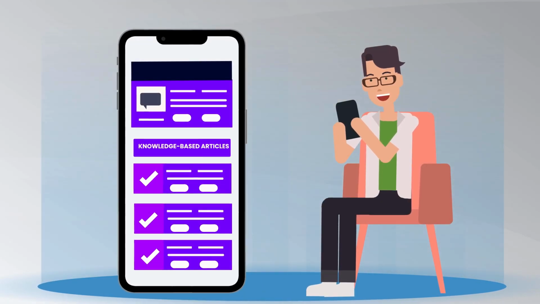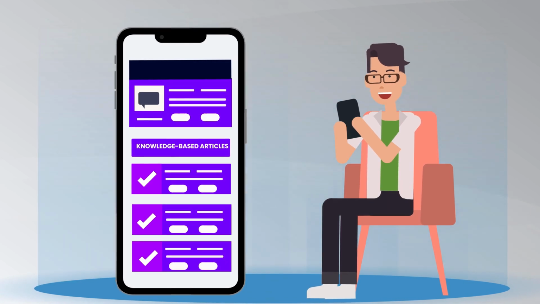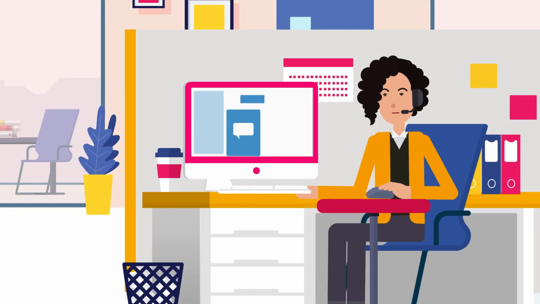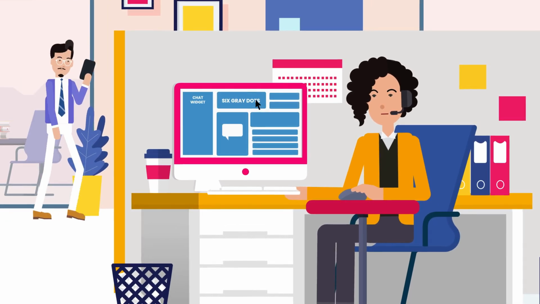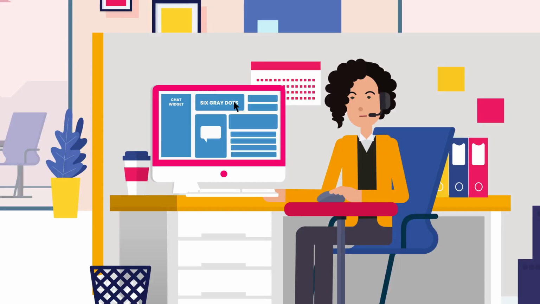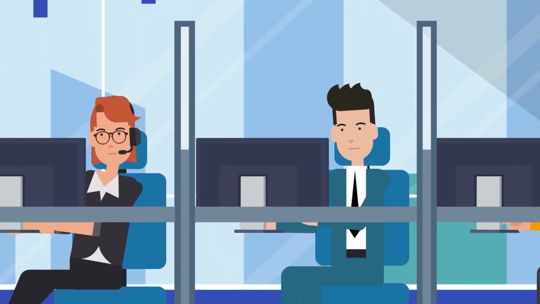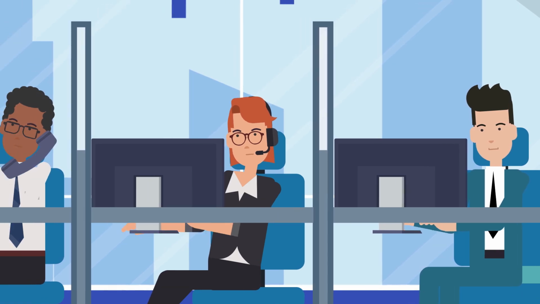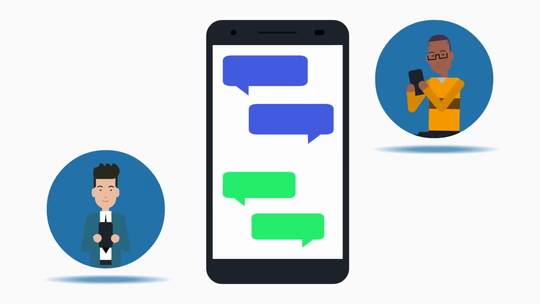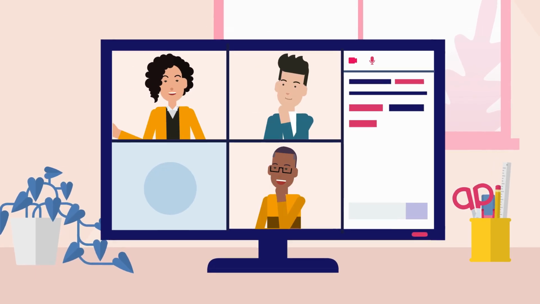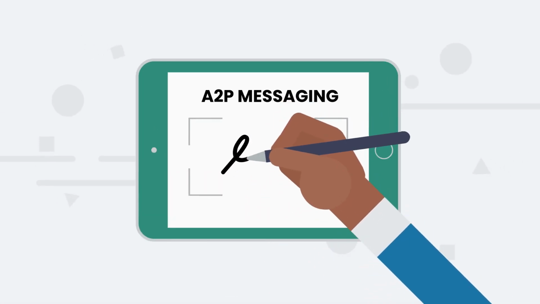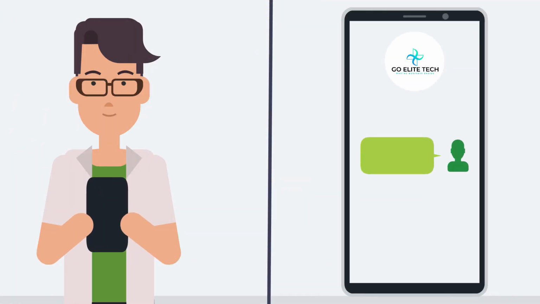This chat widget connects you to all of our knowledge-based articles and can provide instruction on just about any process in the system. You can reposition the chat widget by hovering over the icon, then clicking the 6 gray dots on the right side and dragging your widget. You can read instructions from the knowledge base or request to speak to a real person on the other side of the keyboard for tech support. If your questions require more than chat help, you can schedule a meeting with a tech support agent to screen share and guide you. Once your A2P messaging has been verified, you can send text messages from your GoLiteTech app